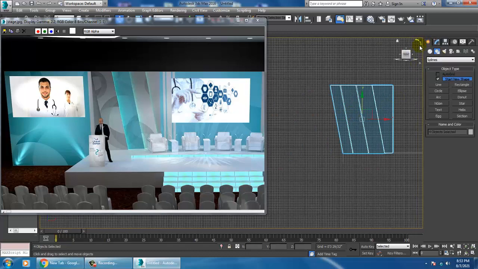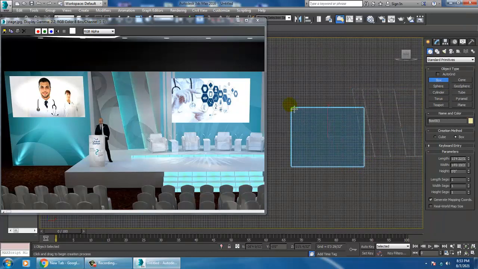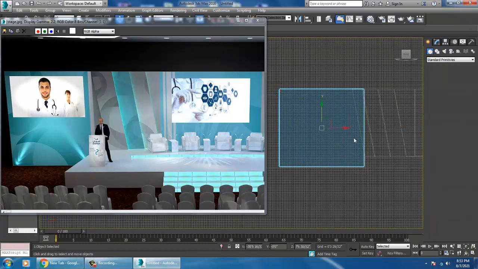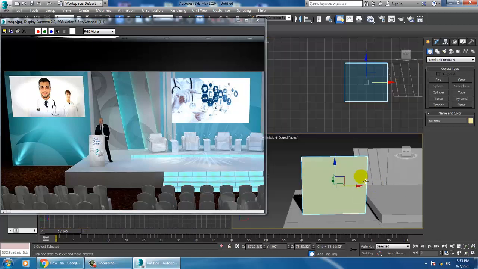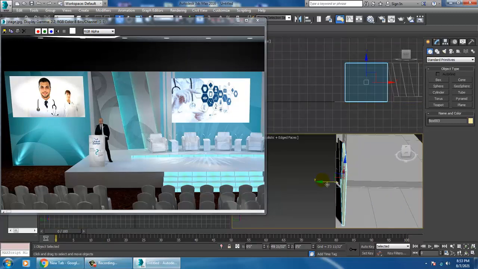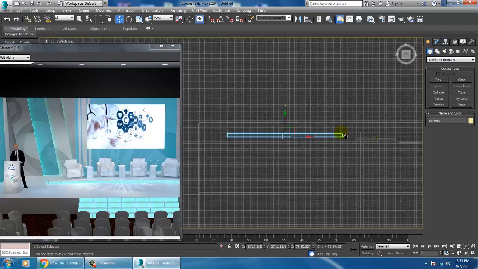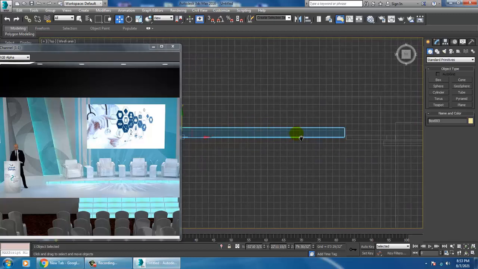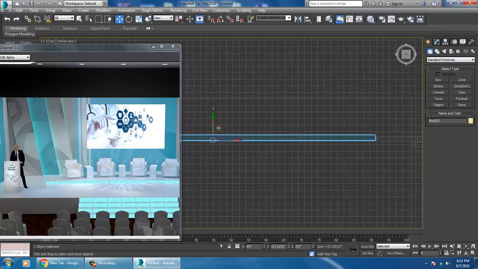For that, again we'll take a box over here. Let's just take a box, drag it over here like this. Definitely we'll keep the height up till here. Let's go into the top view and just scale it till here.